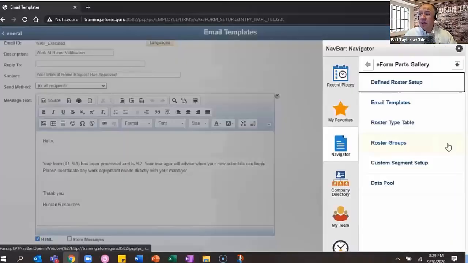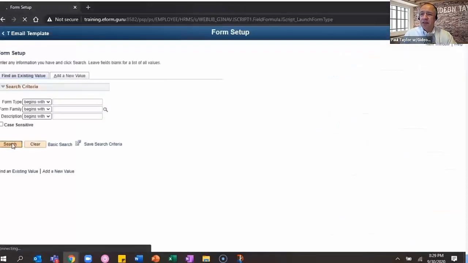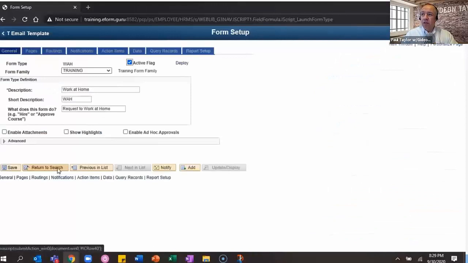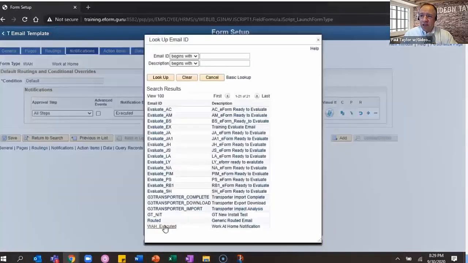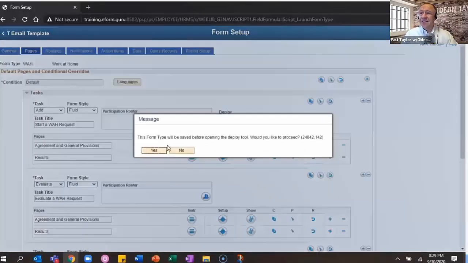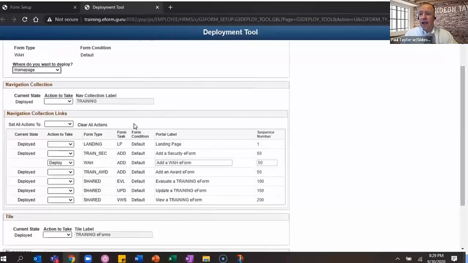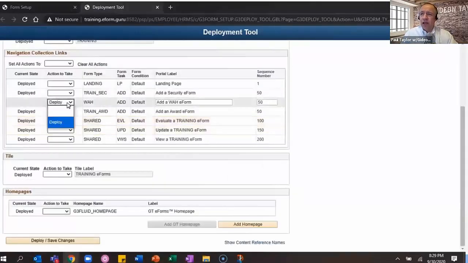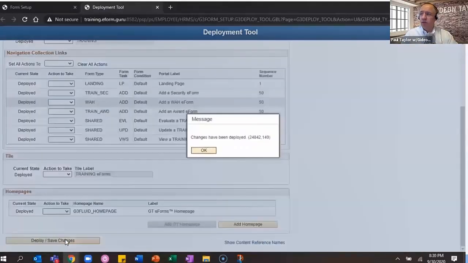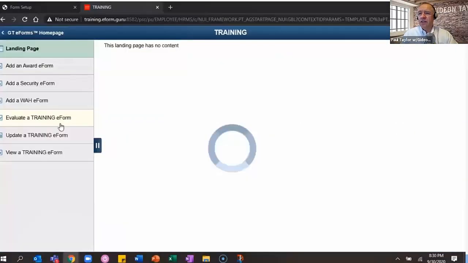And those can be HTML emails. We're not going quite to that point here, but all of this that you're seeing obviously is being done in configuration. There are tons of ways to extend GTE Forms technically, and those include updating PeopleSoft components with the results of the form. And she's using our deploy tool to stick that form on a